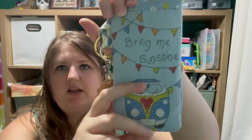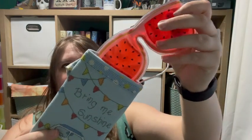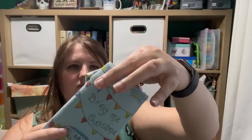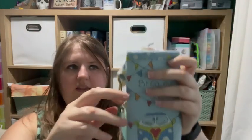So again, I know I talked about the exchange. I showed my exchange earlier. So this is what I got in my exchange, and it's this Bring Me Sunshine glasses case with a gel pair of glasses like that. So loved that, and it came with a little camper van charm on there. She also included a camper van car air freshener,